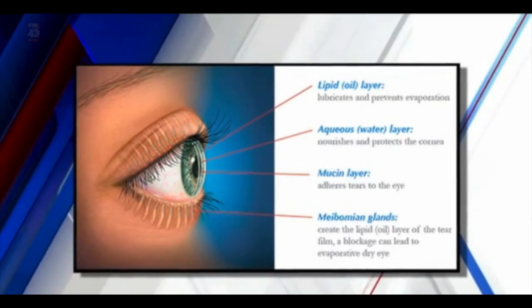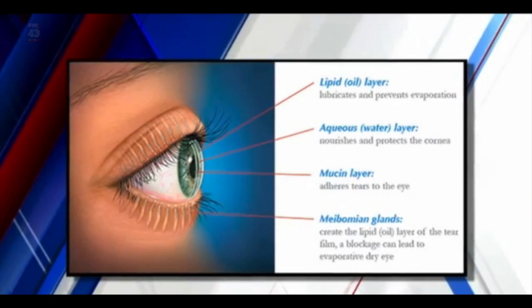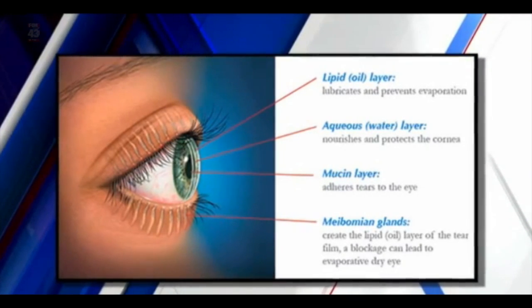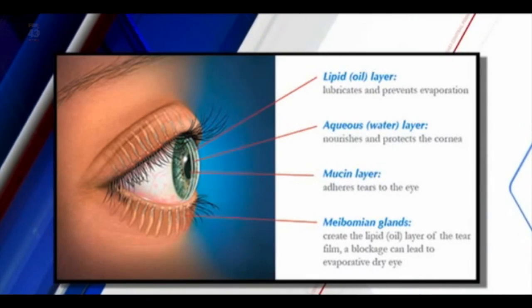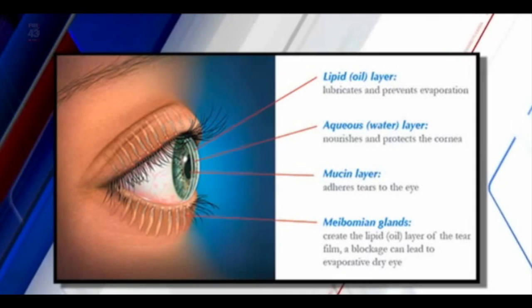So how do you figure out who has what? Well, is it based on their symptoms? There's different tests that are done. Oh, also there's dry eye due to systemic disease. People that have rheumatoid arthritis, Sjogren's, diabetes, glaucoma. The different tests are done to determine which types of dry eyes, and then